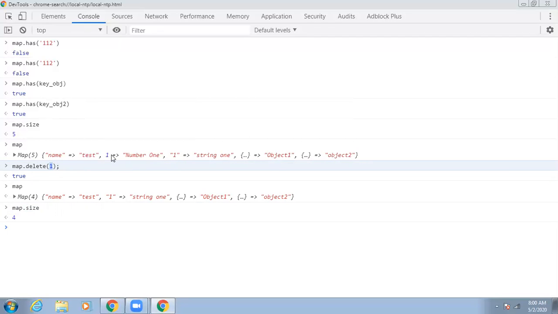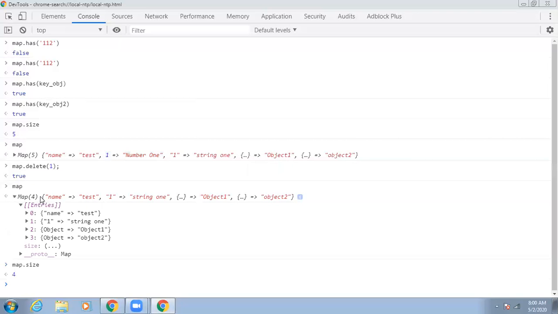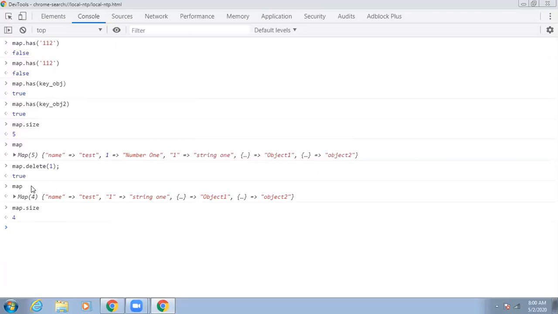If you pass number 1, then this property is going to be removed from this map, and it returns true. Once after the removal, the map contains only 4 elements, right? Earlier we used to have 5 elements. Now the size is returning 4.